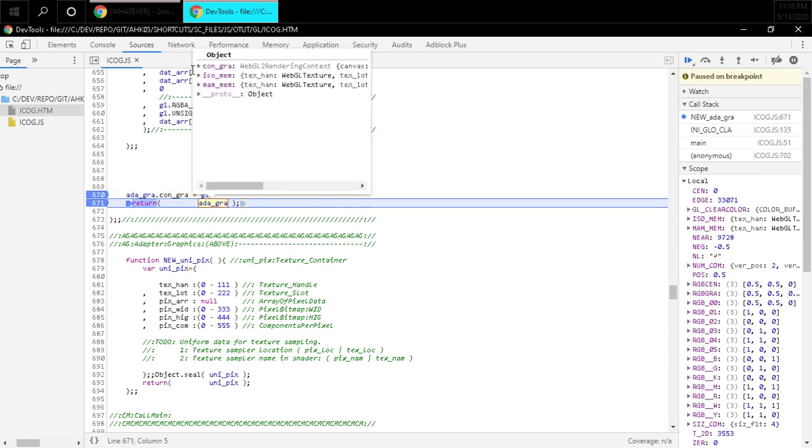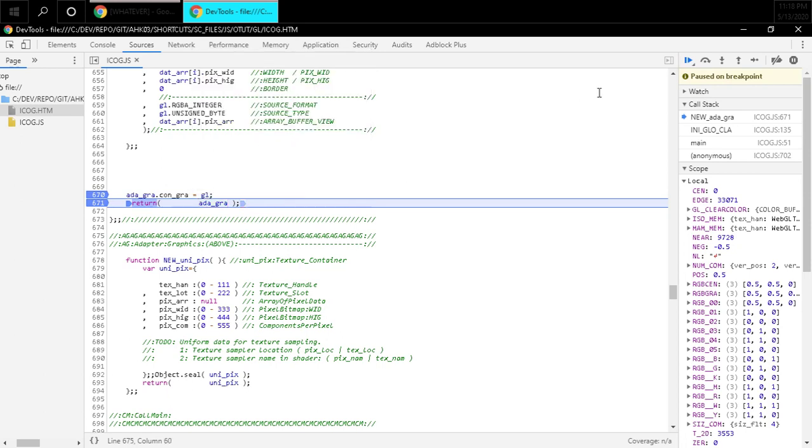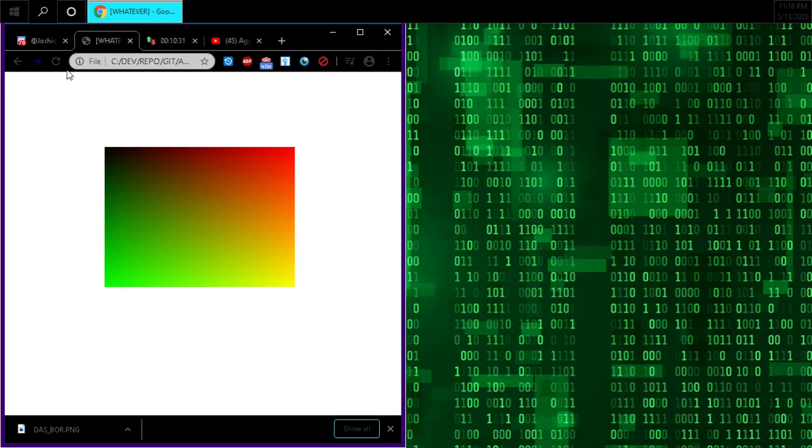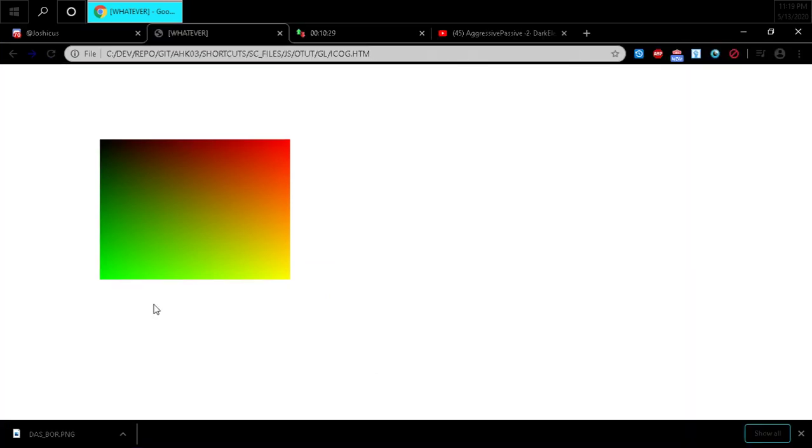Okay, so context graphics is the WebGL2 rendering context, so that is nice. That's what I expected. Okay, we got our isolated memory. We got all those nice variables. We got our main memory. Oh, that looks beautiful. I'm satisfied. I think we actually managed to pull off that refactor relatively unscathed. So what we are going to do here, though,